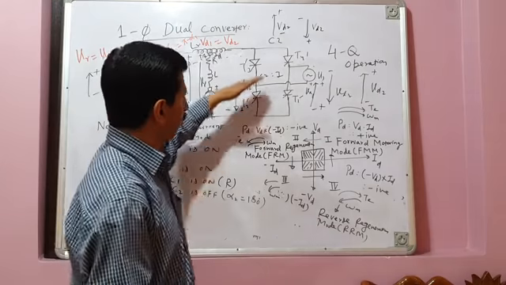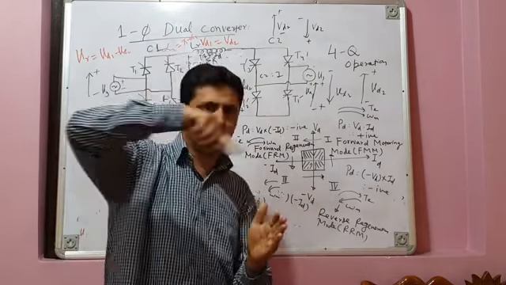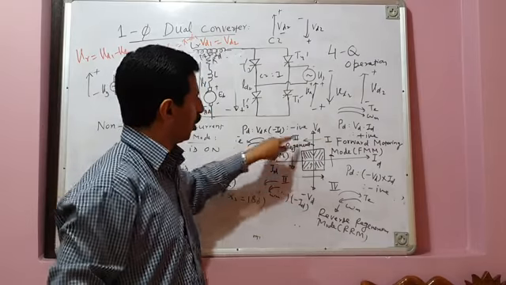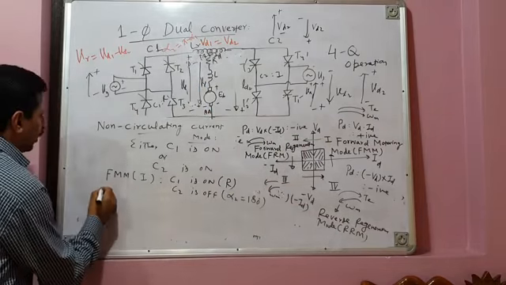Now you have to brake the motor because you now want to go from forward motoring mode to reverse motoring mode, but you have to first brake the motor and then reverse. उसके लिए you have to go from quadrant 1 to quadrant 2. Quadrant 2 is forward regeneration mode. That is quadrant 2. In forward regeneration mode, average output voltage is still positive, but current is negative.